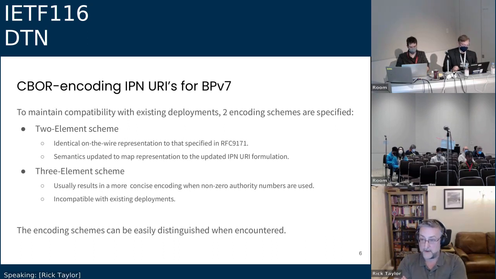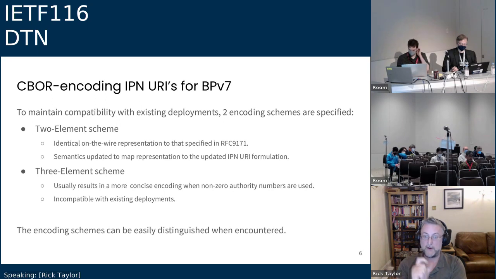So part 2 of the document is where I got to at the moment, which is about the CBOR encoding of IPN URIs for use in Bundle Protocol version 7. I hope you've all read BPv7, but within BPv7, there is a section to say when you are encoding URIs for endpoint IDs, there is a registry which determines how you specify which scheme you are using, and IPN has the value 2, I think, off the top of my head. Someone correct me if I'm wrong. It might be 3. I can't remember. But if you say I am type 2, then there is a specific encoding for